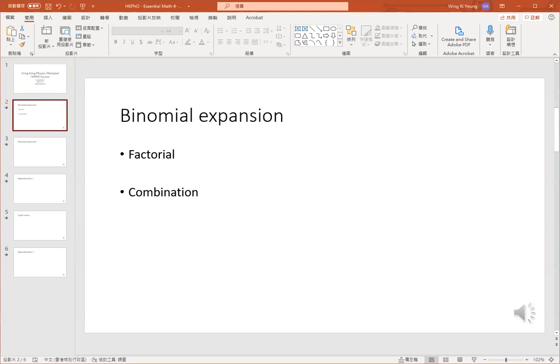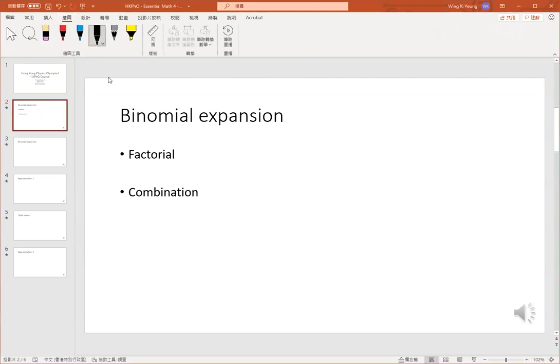So first of all, what do we mean by binomial expansion? So let me draw with a pen. For a binomial expansion, that means, let's say you want to expand a plus b to the power n, and n is a natural number, okay? So that means it's a positive integer. And let's say n is very large. We don't want to expand it by hand. We want to have a shortcut to expand it more easily. Then